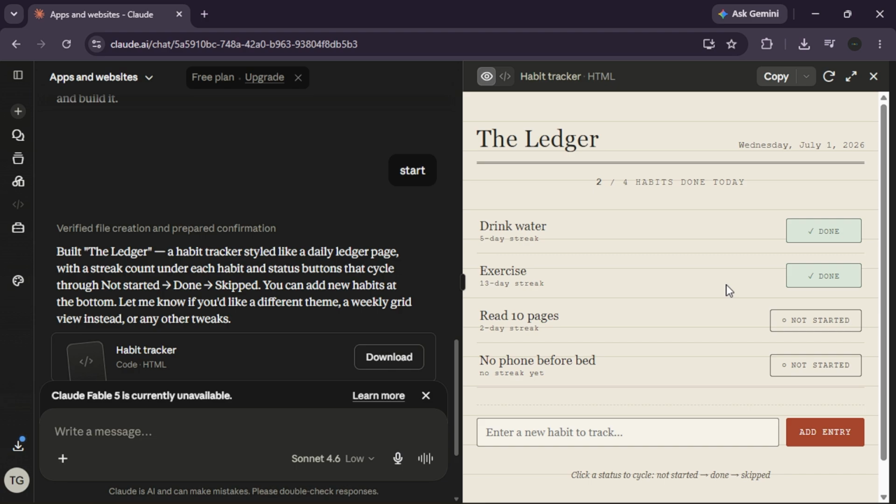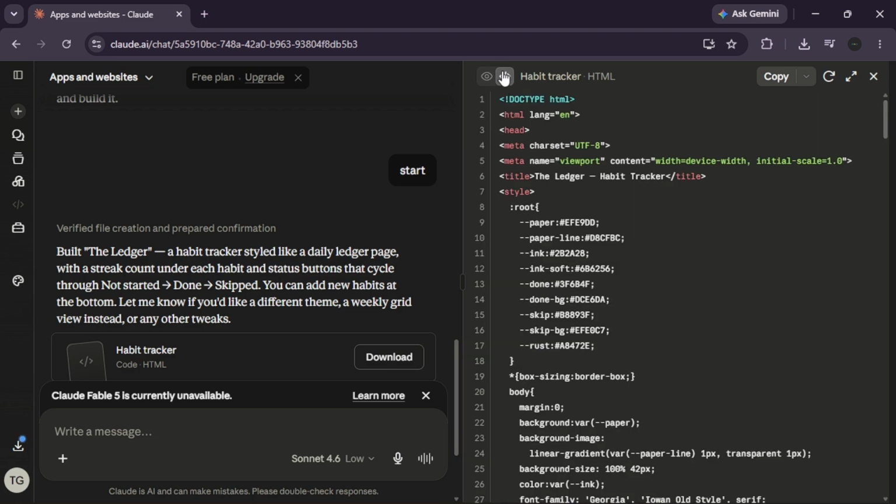Step 2. Click the dedicated toggle button to switch views on your screen canvas rows. Look at the top header row of your artifact panel card, find the small button labeled Code or View Code, and click on it once with your left mouse button. Watch the screen canvas rows shift instantly from a live working app into a black text block window containing rows